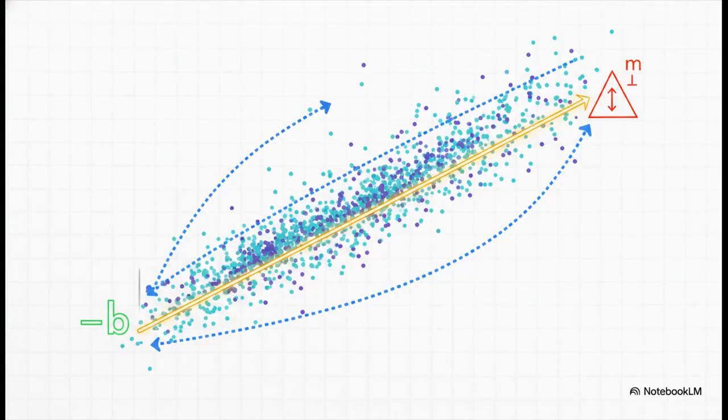And this is exactly what it's trying to do. You see all those data points? The algorithm's entire job is to figure out the perfect slope for that line. That's the m in the equation. And where the line should start on the vertical axis. That's the b. Once it locks in the best values for m and b, boom, you've got a predictive model. It's a fantastic starting point for any prediction problem.